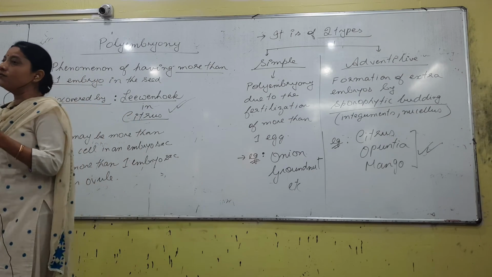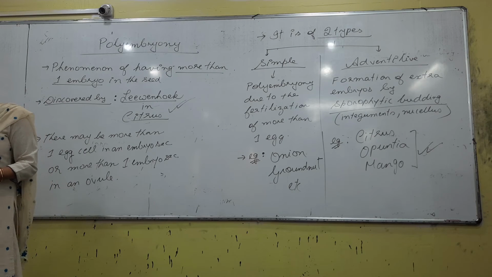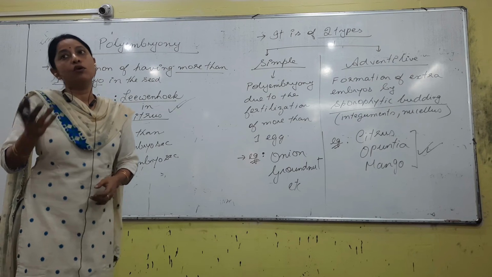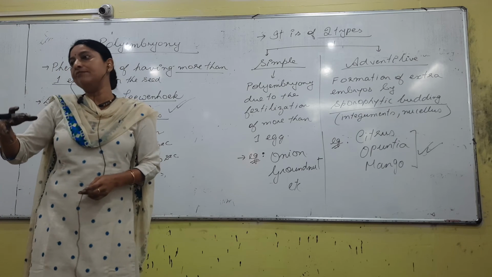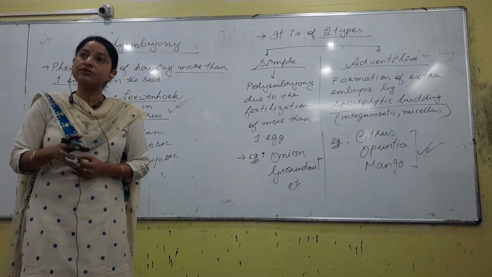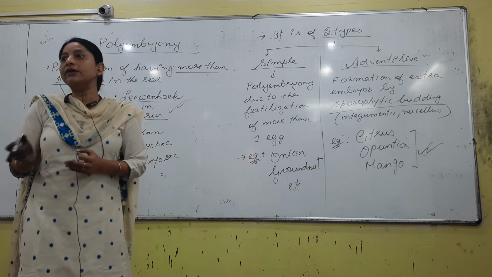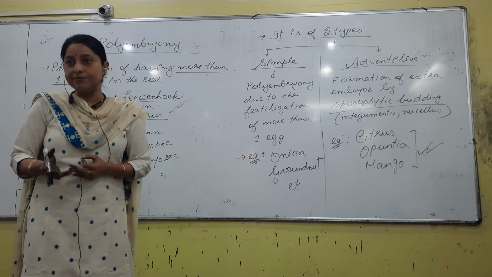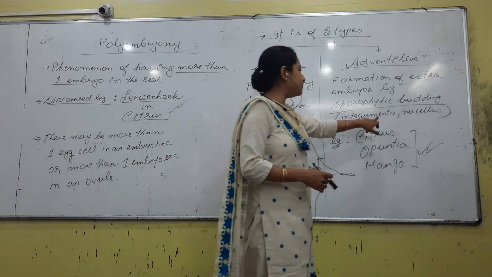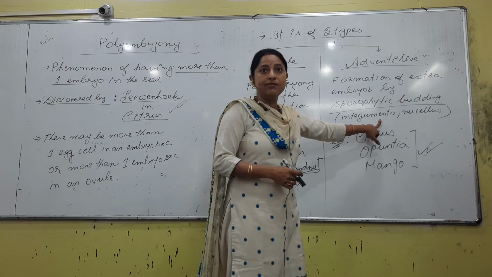Okay, so in that case, polyembryony, obviously the normal zygote formation would be seen, right? So the normal zygote will form a normal embryo, the process that we have been reading so far, right. Apart from that process, if other cells are also involved in embryo formation, or they start developing directly as an embryo, that type would be called adventitive polyembryony. So sometimes what happens, the nucellar cells or the integuments, obviously they are